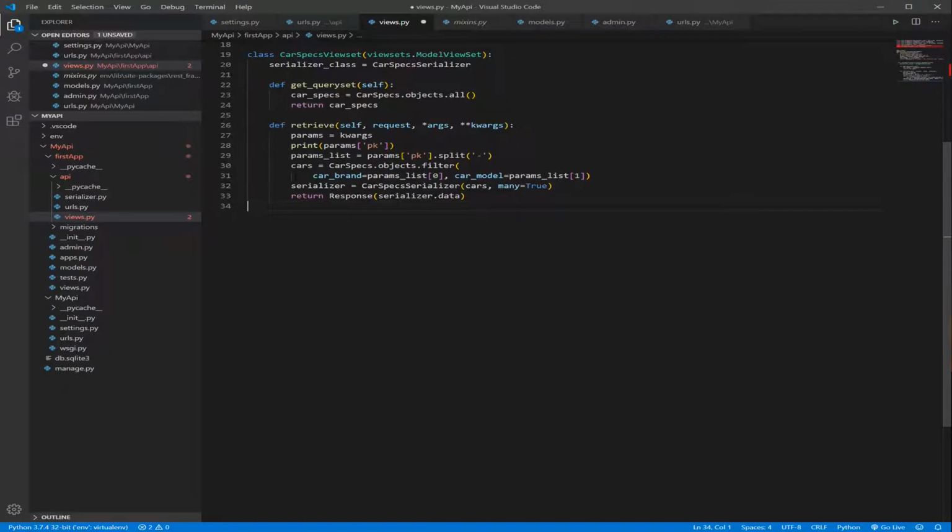Hello everybody, today we are going to talk about how to override the create action inside our Django REST framework